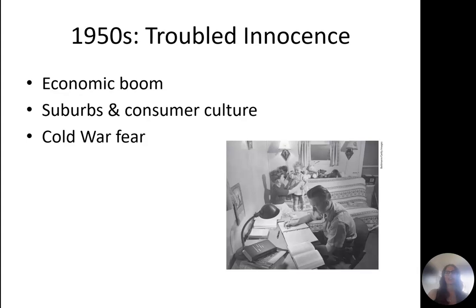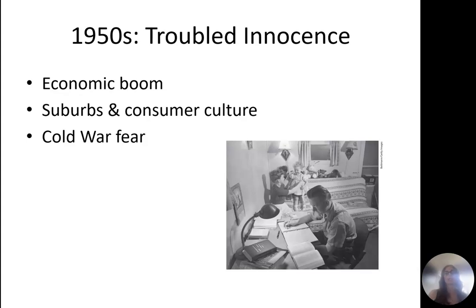There we go. So let's look at Chapter 25, This Troubled Innocence. So the 1950s. After World War II, the United States was powerful, wealthy, and confident. The economy was booming, right? We're out of the Great Depression. We're spending money. We have jobs again. Suburbs were expanding rapidly. Consumer culture grew. So consumerism, like buying cars, buying TVs, buying things like household appliances, refrigerators, washing machines, and many